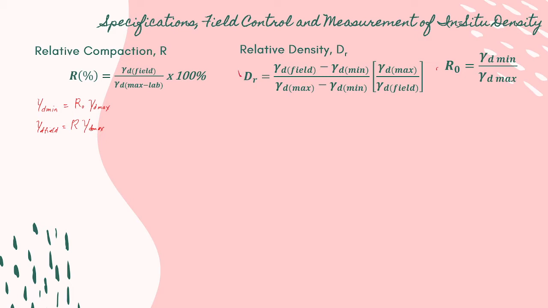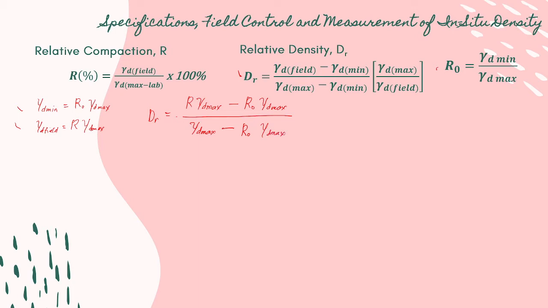And we can substitute these two equations to this one. So we have D sub r is equal to R gamma d max minus R sub O gamma d max all over gamma d max minus R sub O gamma d max